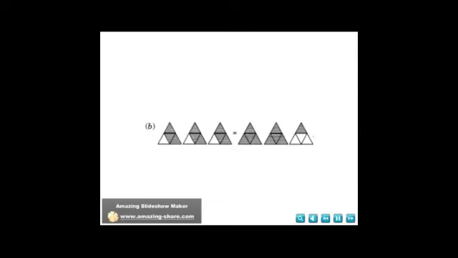And if you see the last triangle of the RHS, one part is shaded and the remaining 3 parts are unshaded. So its fraction is 1 by 4. So on the whole we can write it as 2 1 by 4. Now the equation 3 into 3 by 4, which is equal to 2 1 by 4, is related to the diagram B.